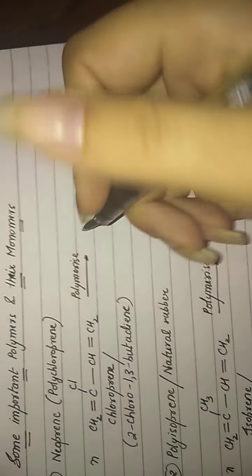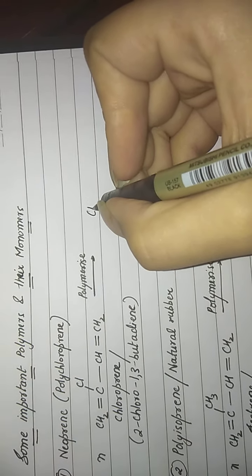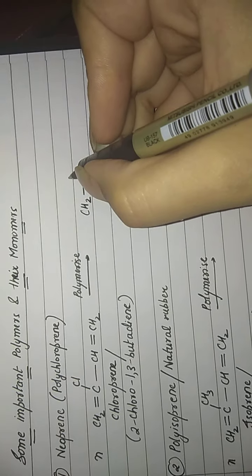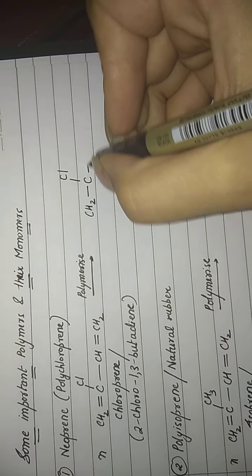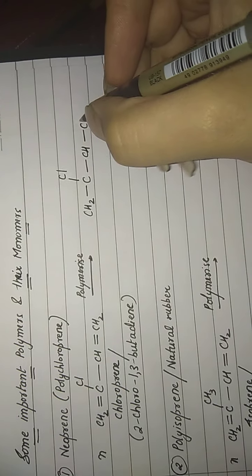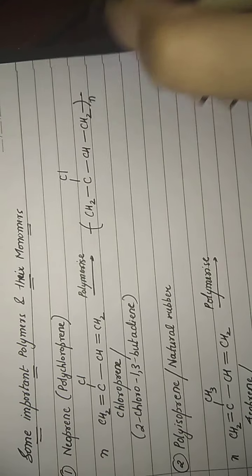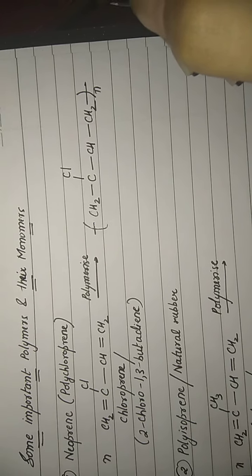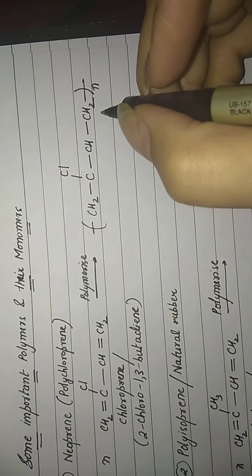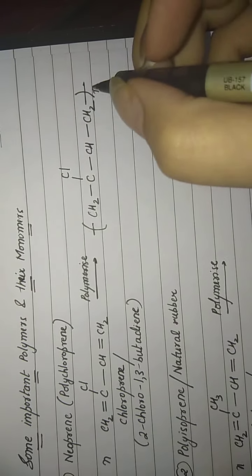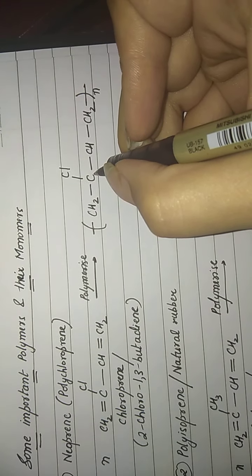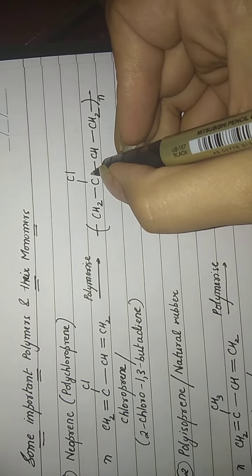How do I polymerize this? I straight away write this monomer unit as it is first, without any double bond. You know that double bonds are removed because you join one bond here and one bond on the right and you put N here for the formation of polymer. Now if you see, all the carbon atoms except these two have satisfied their valencies. So how do I satisfy the valency of these two carbon atoms? By putting a double bond in between. So this will be my polymer neoprene